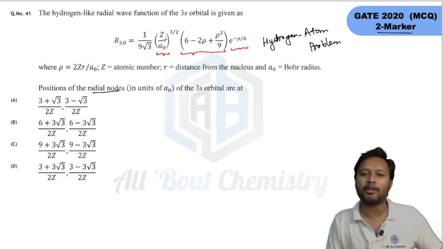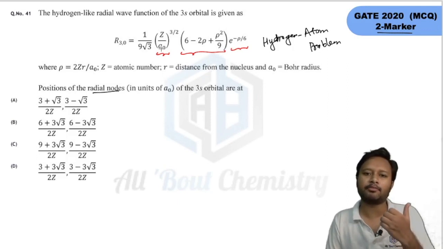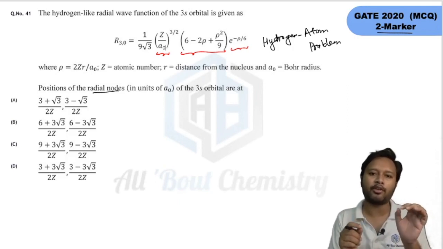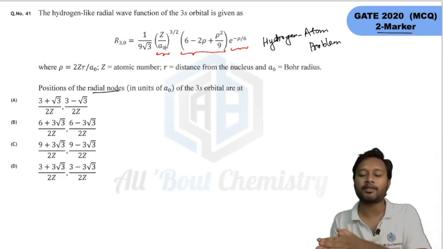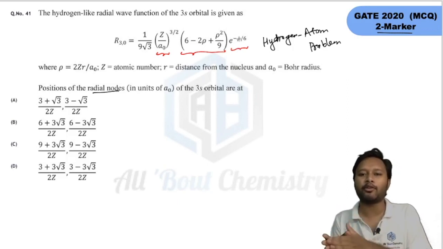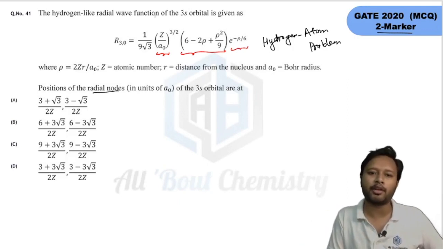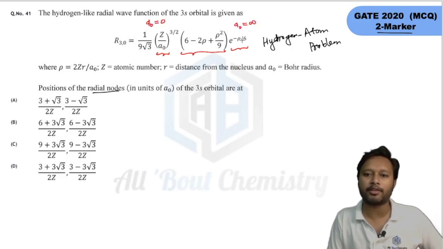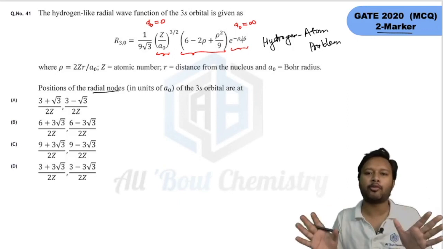If you take this particular part equal to 0, in that case you will get the value of r to be 0. That's a boundary condition, because the smallest value of r will be 0 and the largest value can be infinite. If you take this part equal to 0 and put the value of rho here, you will find that the value you get will be infinite. So from here you will get 0, and from here you will get infinite. Both of them are boundary conditions.